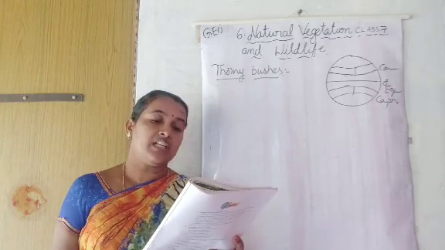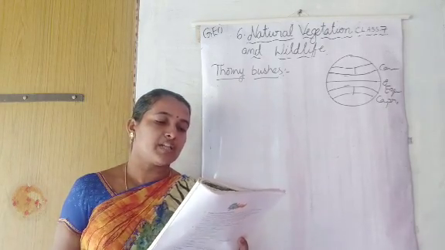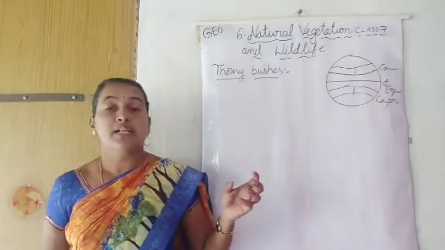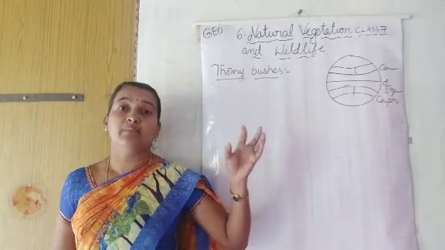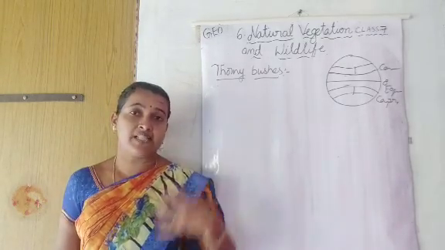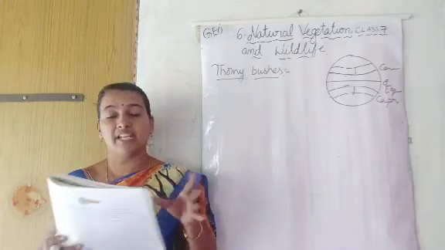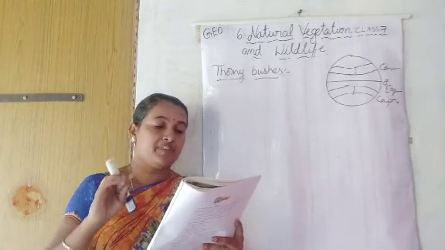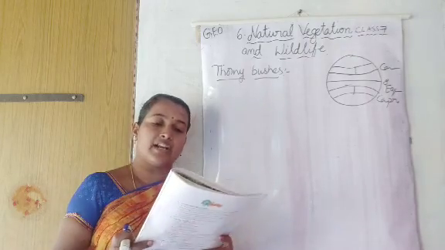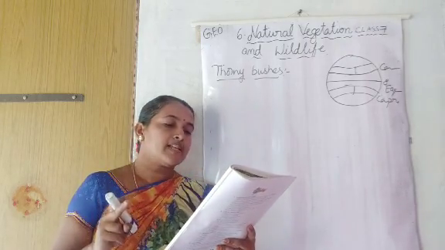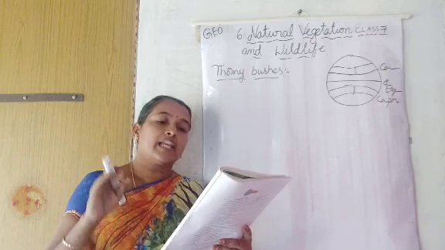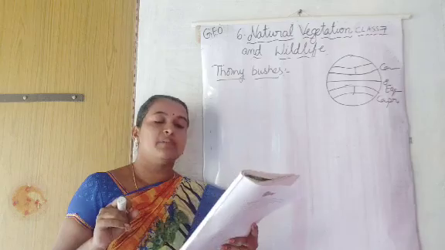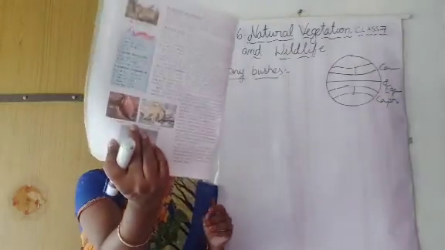The animals have thick fur and thick skin to protect themselves from the cold climatic conditions. So to survive in those regions, the animals will have thick fur. Fur means the hair on the body will be very thick. Skin is also very thick to protect from these cold climatic conditions. Seal, walruses, musk oxen, Arctic owl, polar bear and snow foxes are some of the animals found here. I have already shown the pictures.